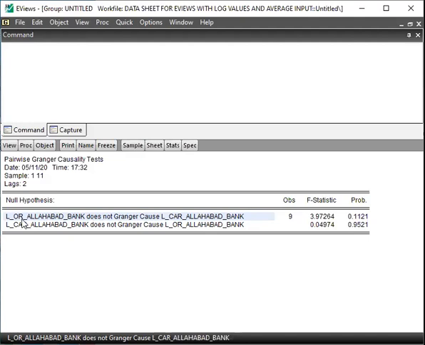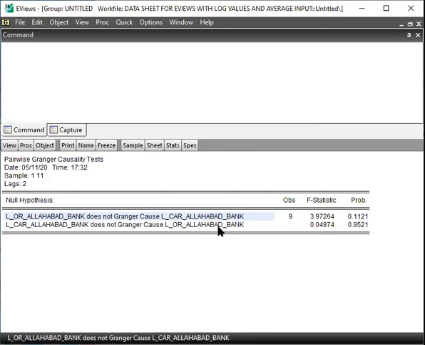That means the null that L_OR of Allahabad Bank does not Granger cause CAR of Allahabad Bank is not rejected. Similarly, if we see this hypothesis, here the probability value is 0.9521, that is 95.21%.